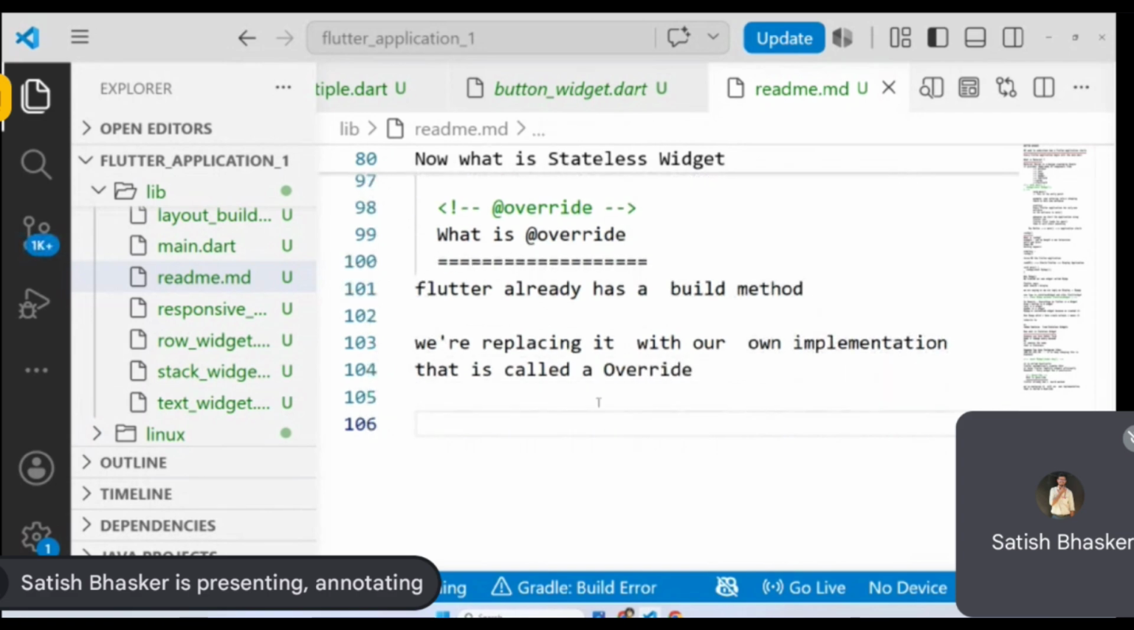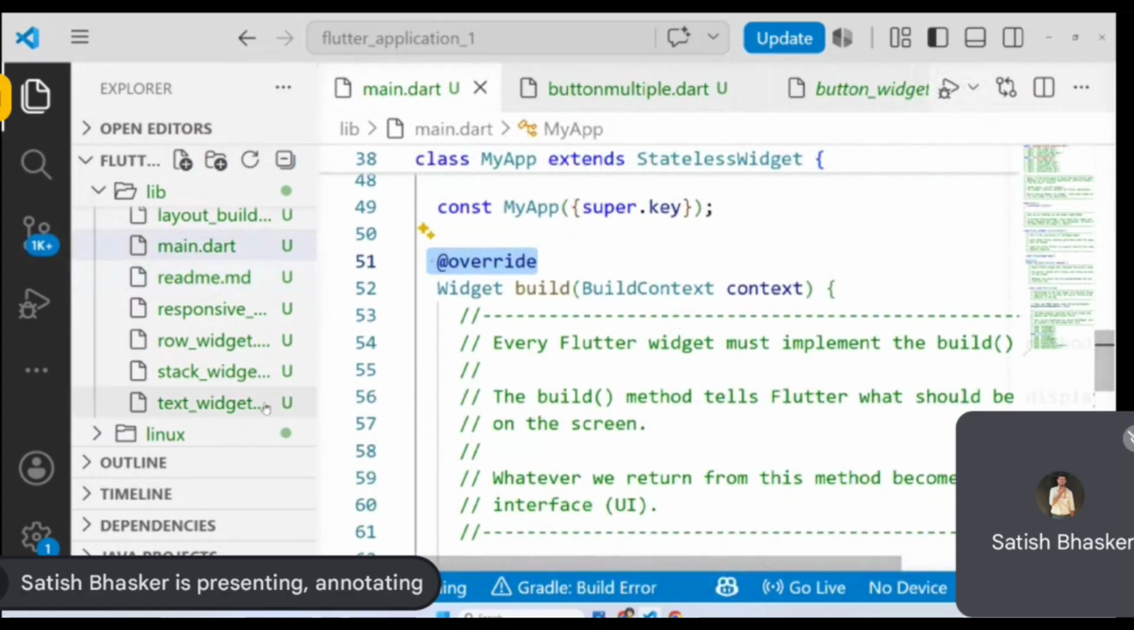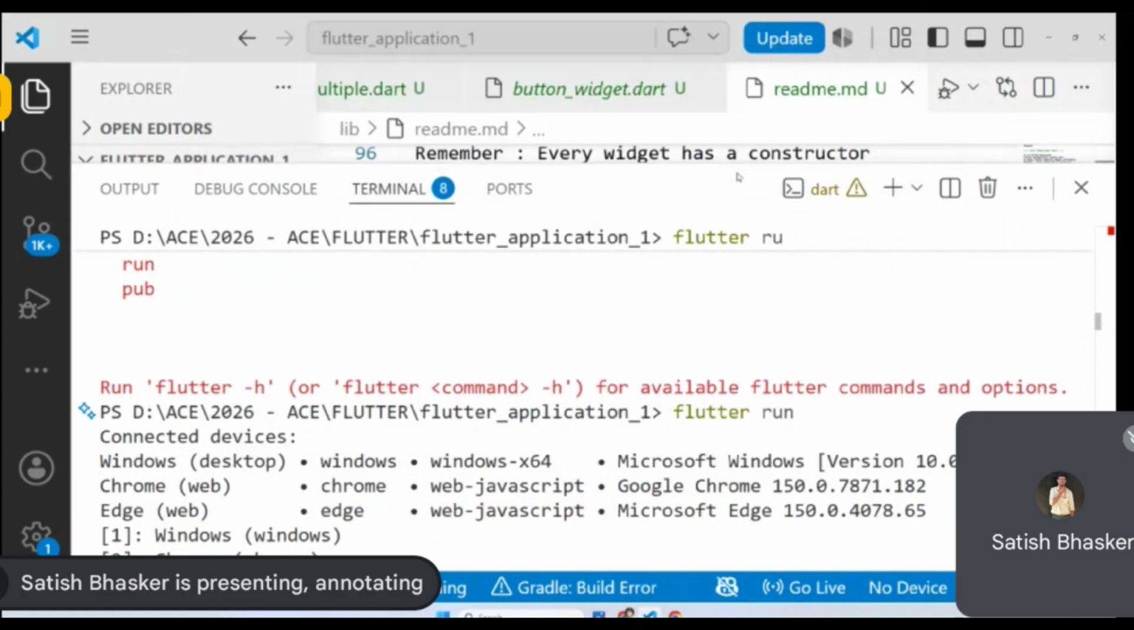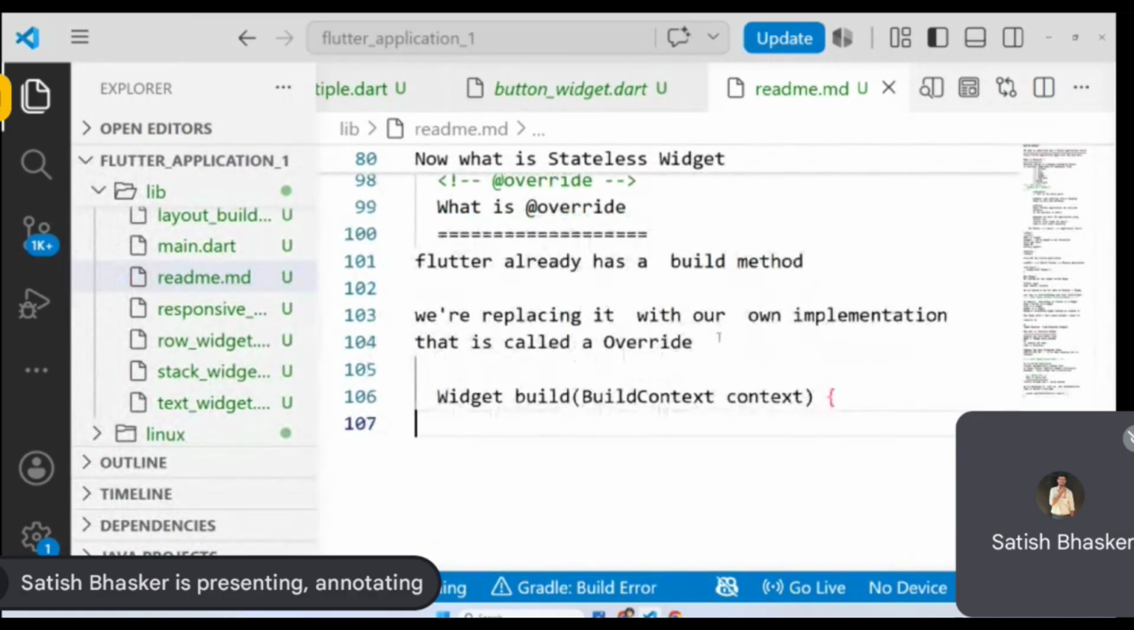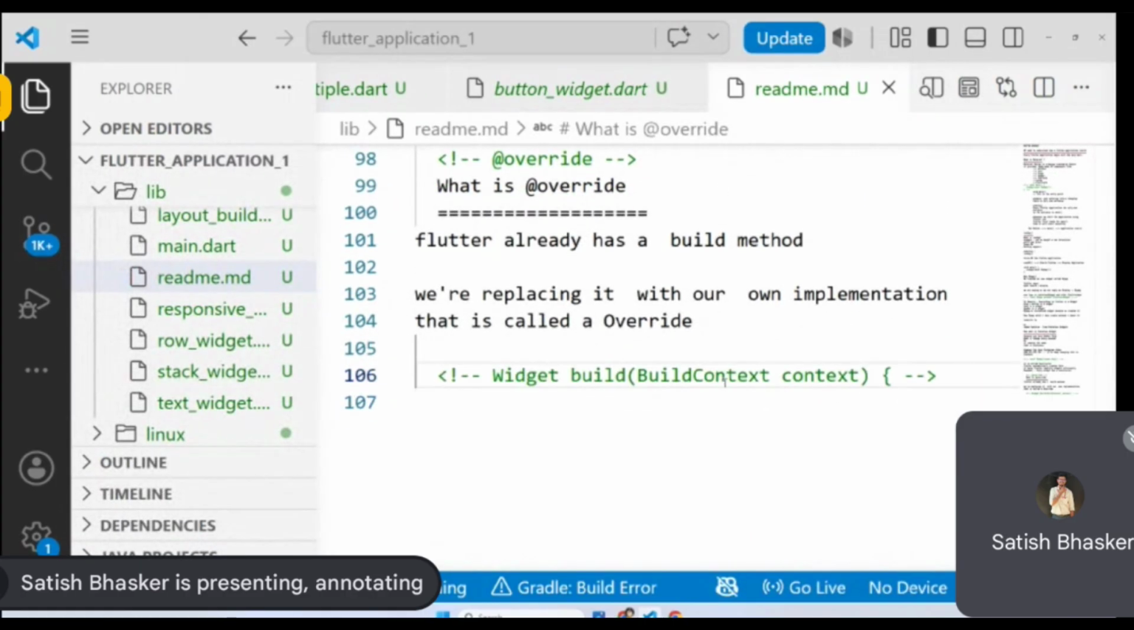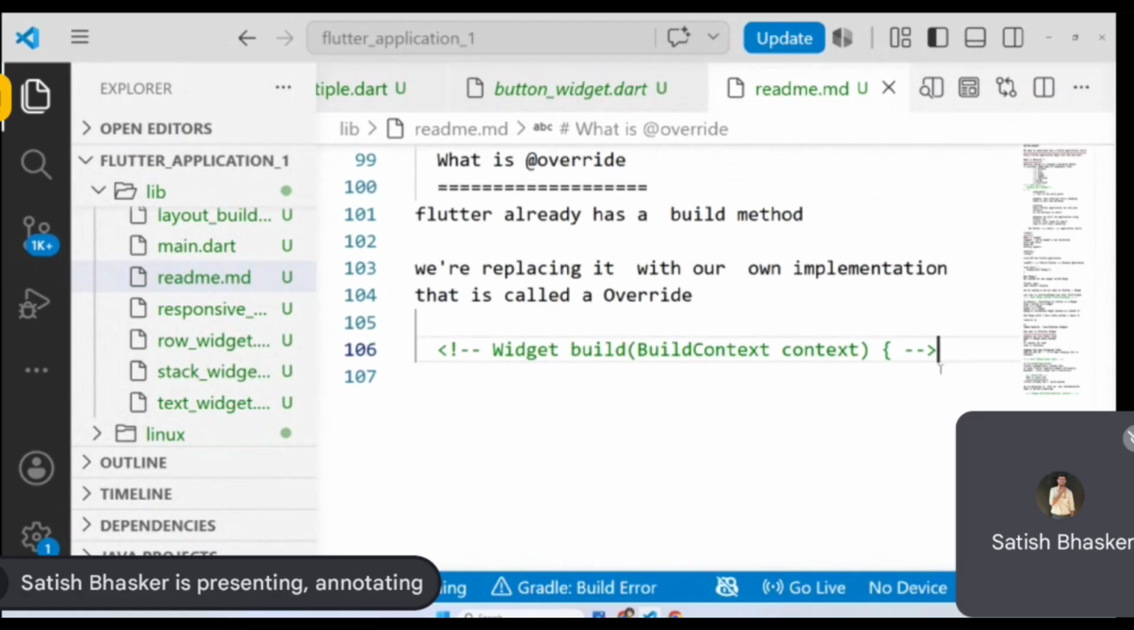Okay, and then we need to understand about widget build this line, right? On clicking on this line, you can just copy this line. Okay, so this line is very important. Flutter asks us, what should I display? Okay,